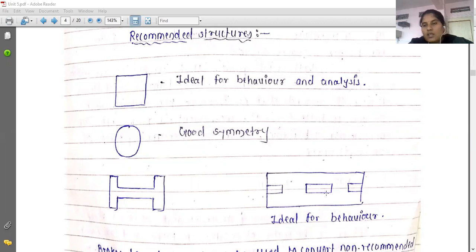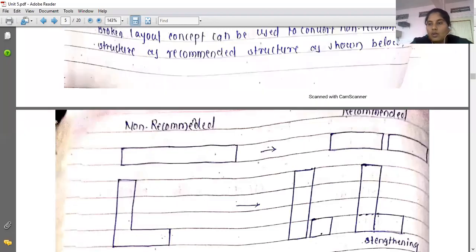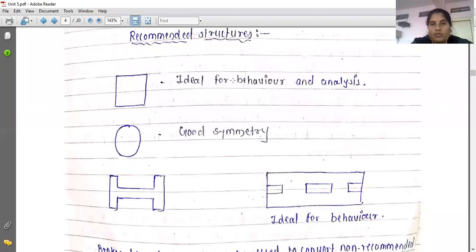In this lecture, we have started unit number 5, and we have seen what the conceptual design is, the first part. In the second part, we have seen in what way the overall form of the building should be. And the second aspect, the simplicity and the symmetry, the recommended and not recommended structures, those parameters we have seen. So today in this lecture we'll stop here, and whatever remains we'll see in the next lecture. Thank you all. Tomorrow we'll see the next part, which remains from this unit number 5. Thank you all.